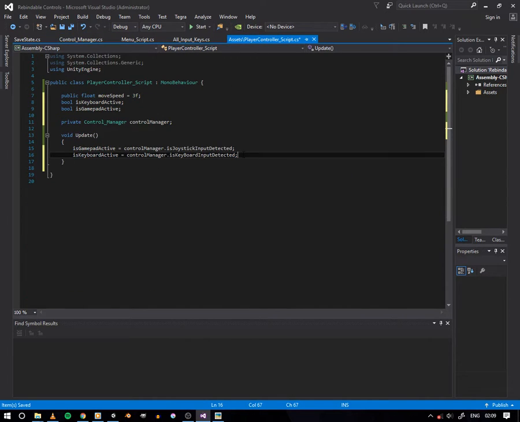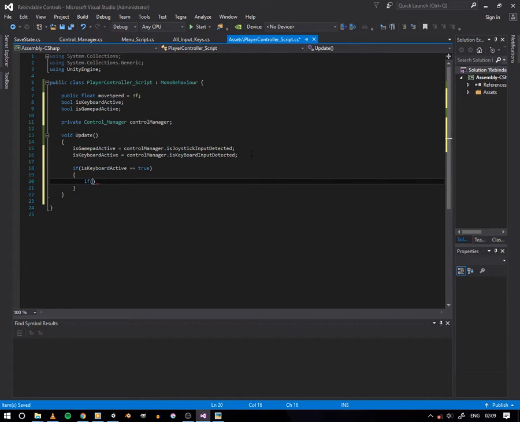Now, it's going to get the values in real time. So if is keyboard active equals true,